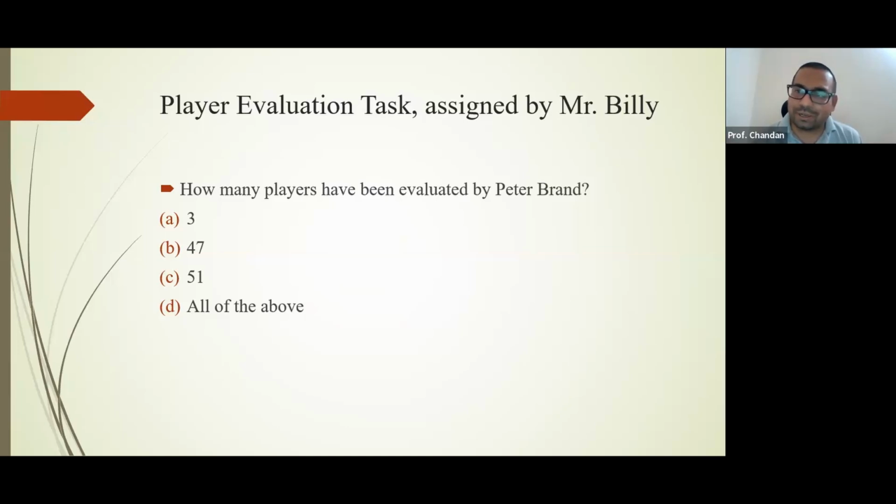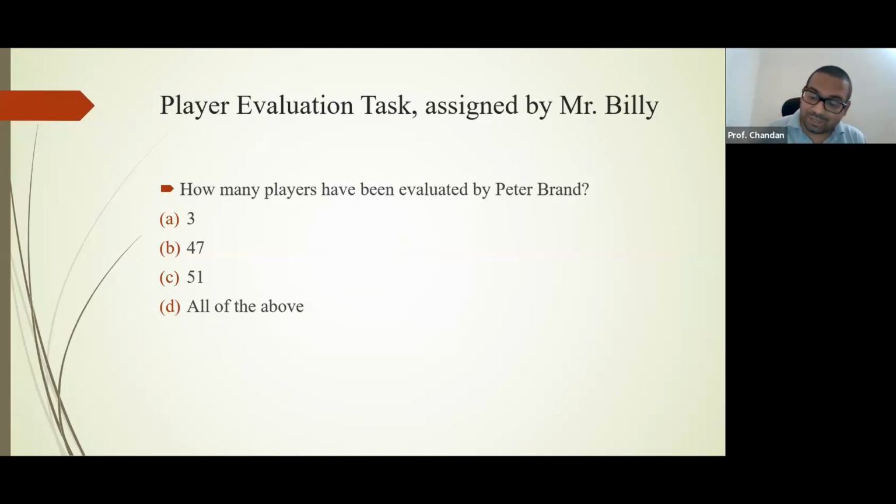his analytical skills, or he simply loved his work analyzing the data or various kinds of methods to evaluate the players' performance or stats. So he evaluated 51 players in total initially. But when they were having the conversation, he simply said 47. But in the next scene in the movie, he accepted that he actually evaluated, instead of 3 players, he evaluated